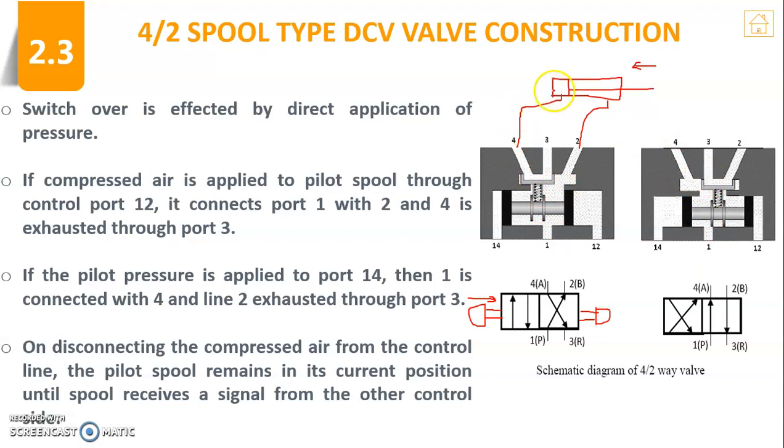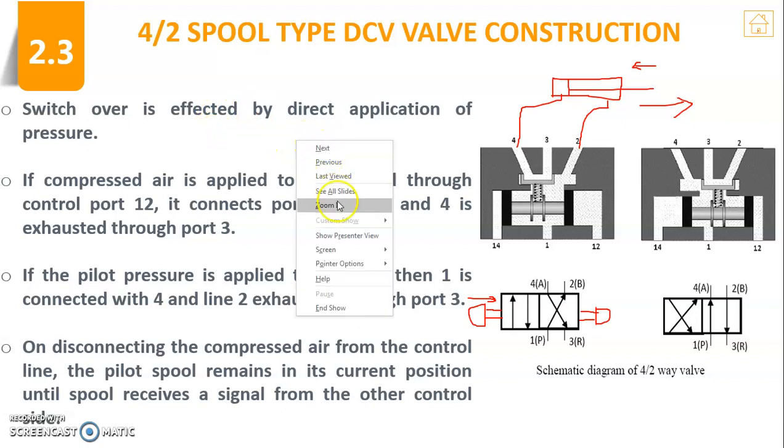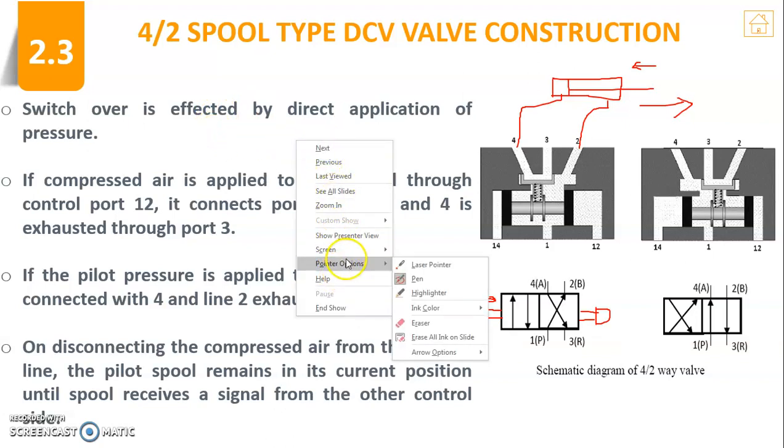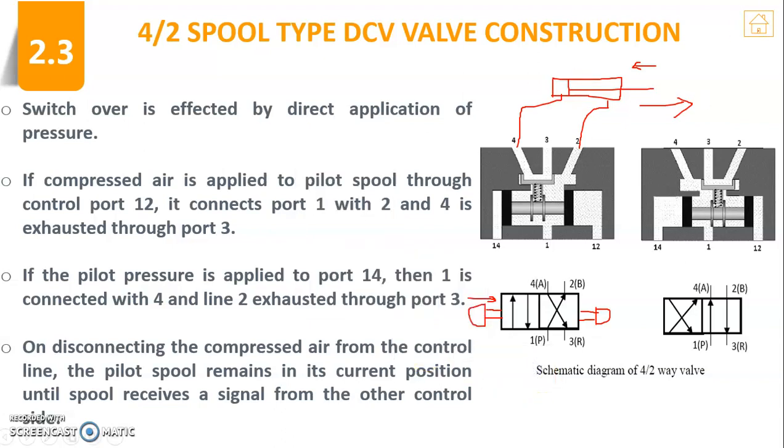So this one is going to be filled with pressure, so it is going to move in this direction. At the same time, you just see the air present in this position will be sent through port 2 and sent out through your vent 3. So by that you are able to control the two-way actuation also. So by using 4x2 and 5x2 valves, you can control two-way actuation.